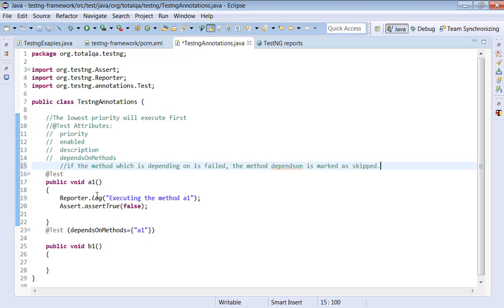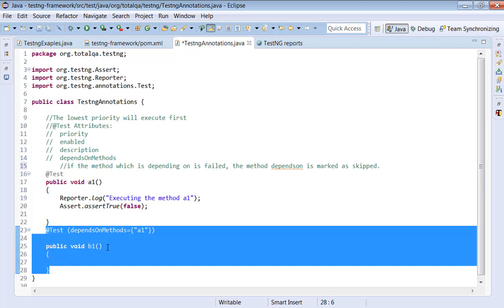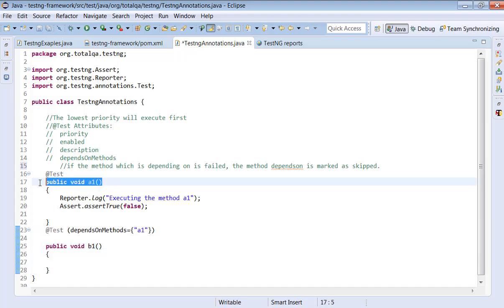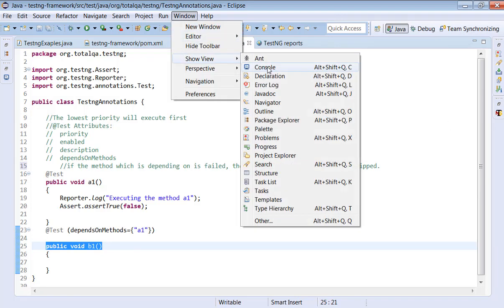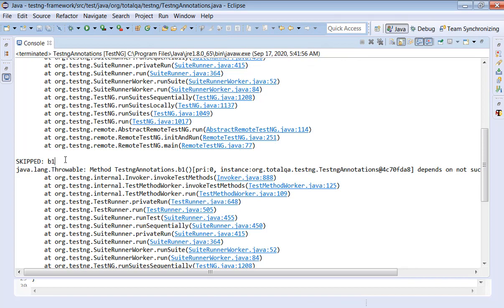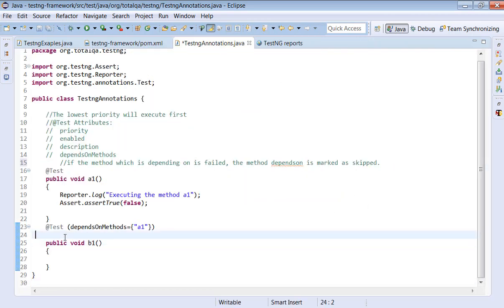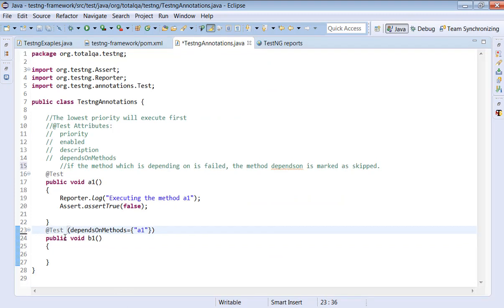Now one more point. Even though the method A1 is failed, I want to execute method B1. If A1 is failed, B1 is skipped, right? Check the console: show view, console. The console shows B1 is skipped. Now, how are we going to execute B1 in this case?